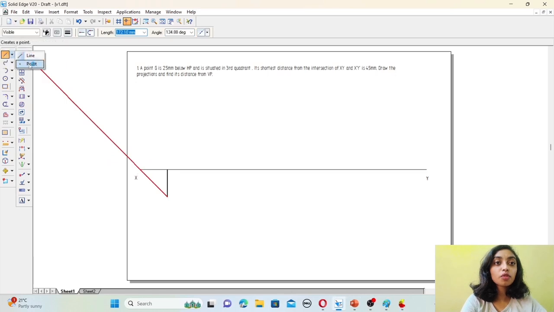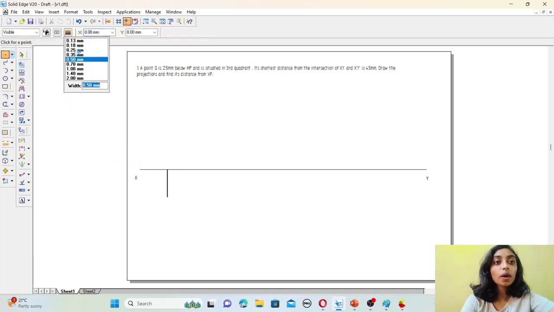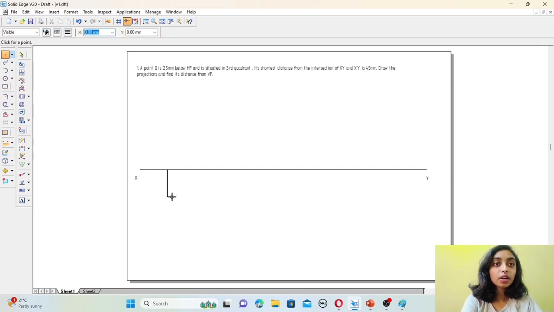Then again, go to Point, select 0.2 mm and place it somewhere here. Then name this point as G dash, since it is a front view.